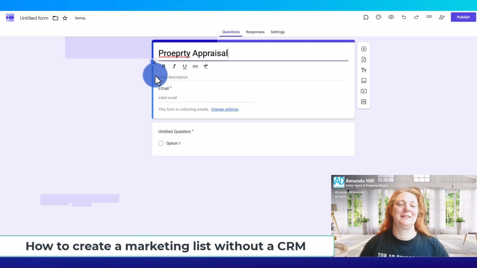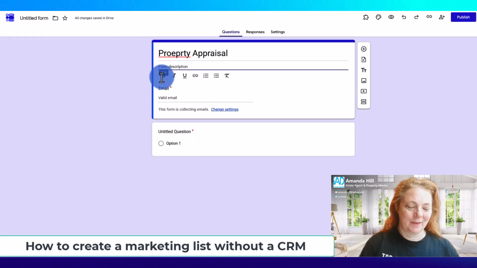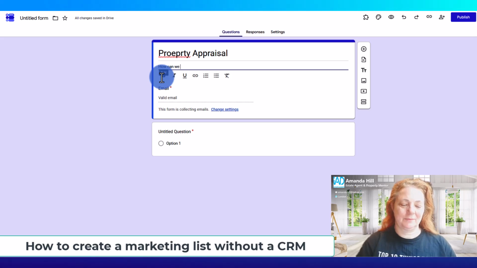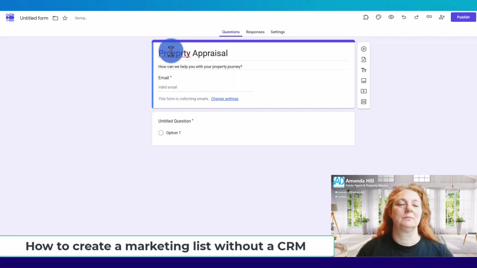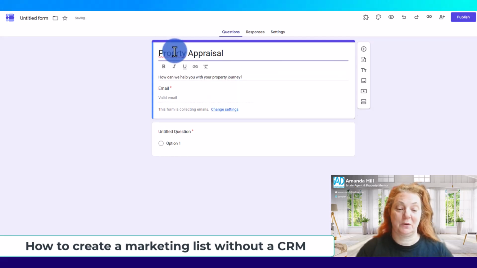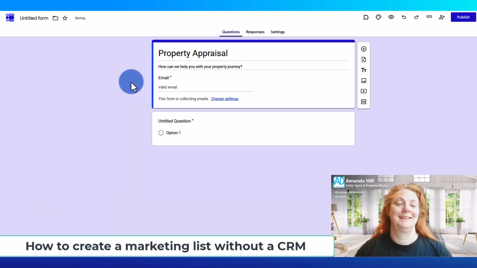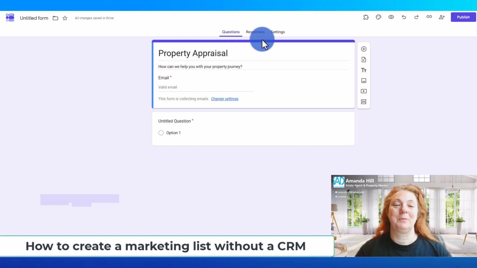Trust me to pick a word that isn't the easiest. Okay, so I can't spell property either. That is quite rubbish. Now, obviously, I can tidy this up later,